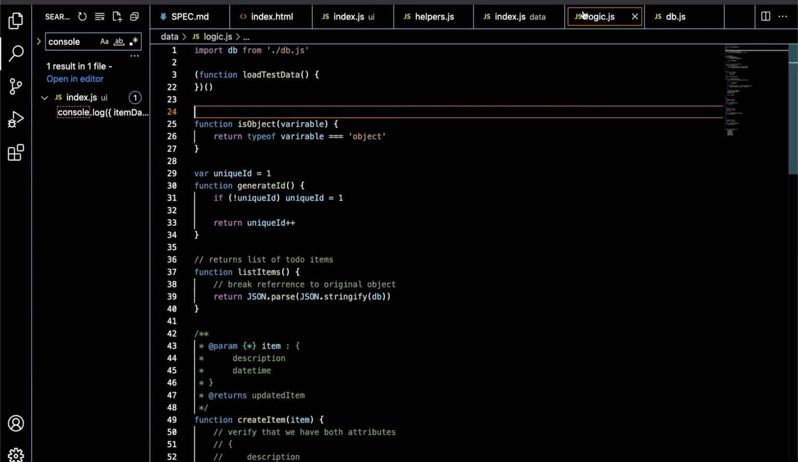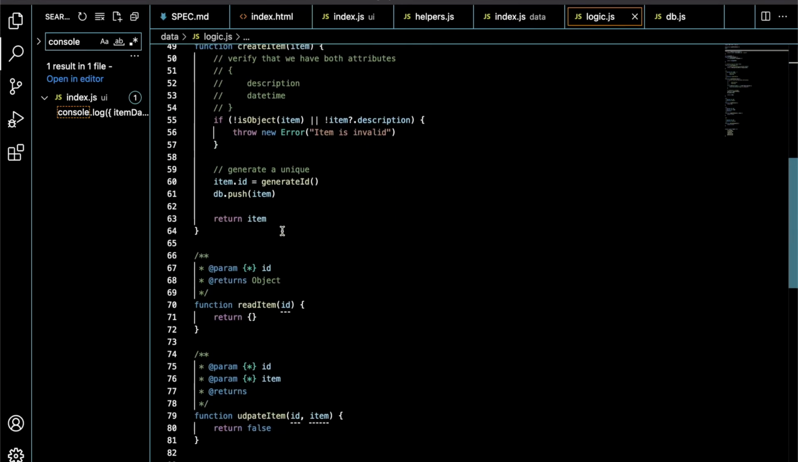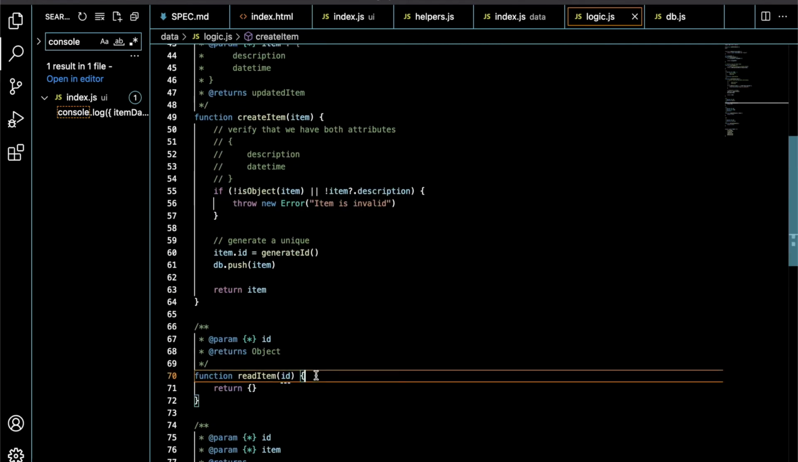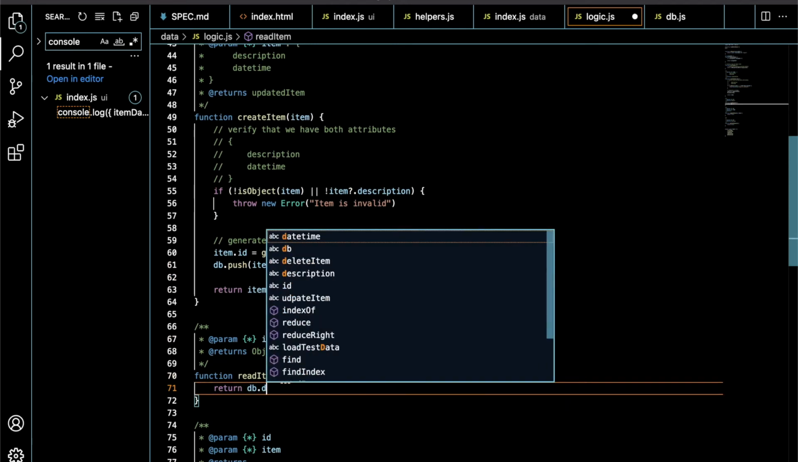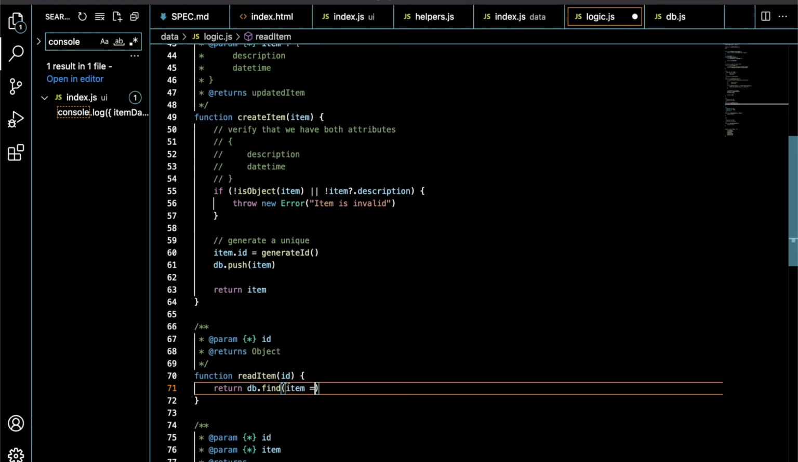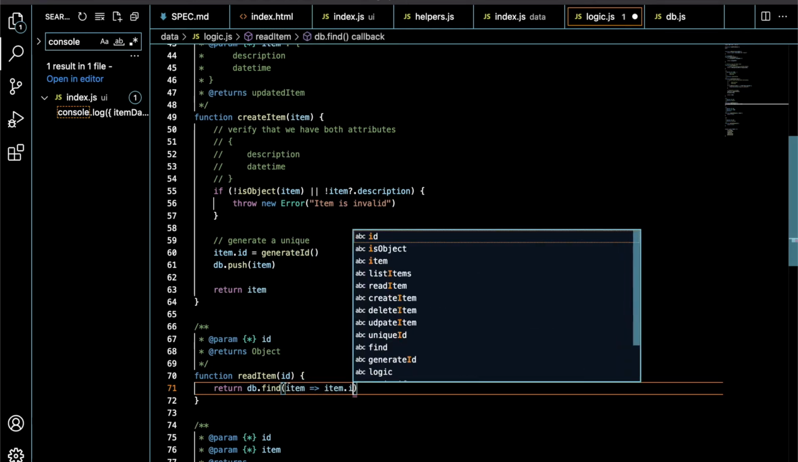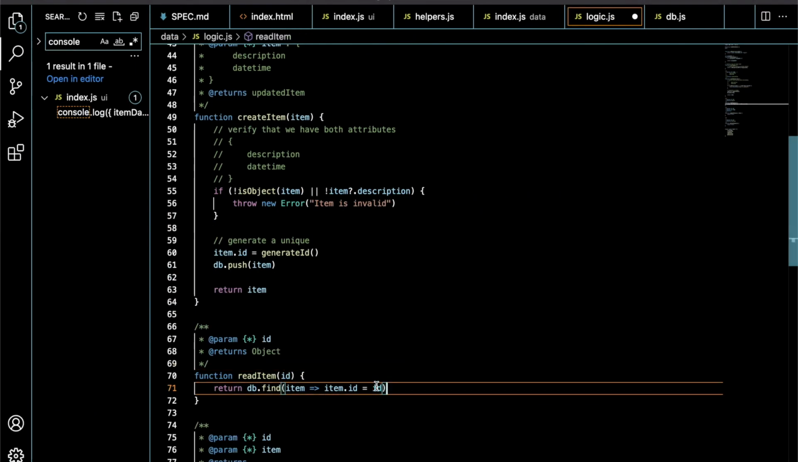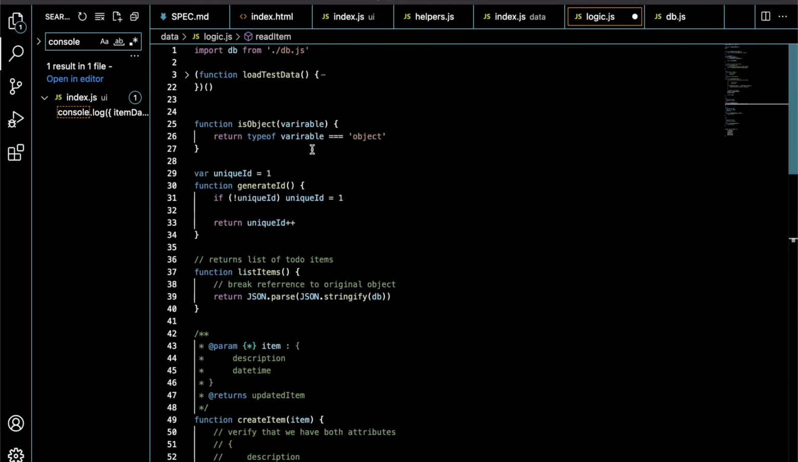So in our logic, read item, this guy is supposed to go into our database and find an item whose item.id equals. All right, so we have found our item, but I think we still have that problem where we have a direct reference to our initial object. So let me see, maybe